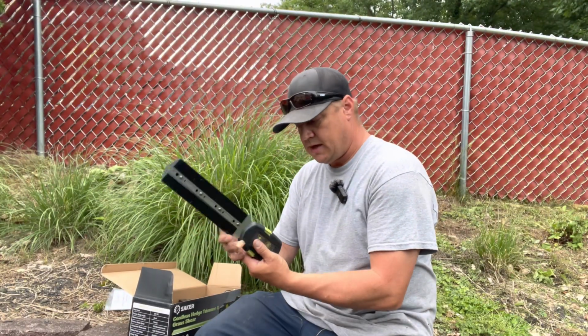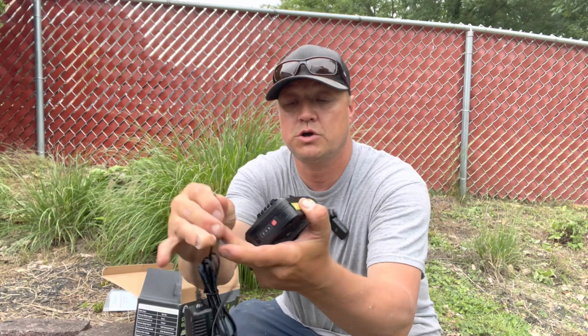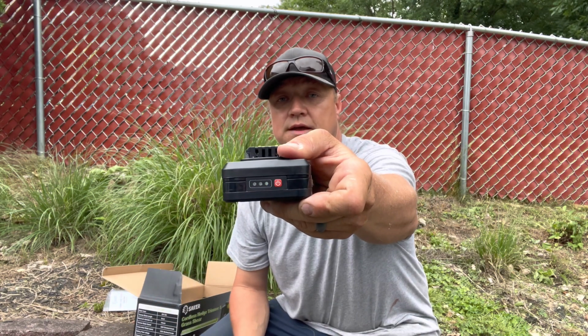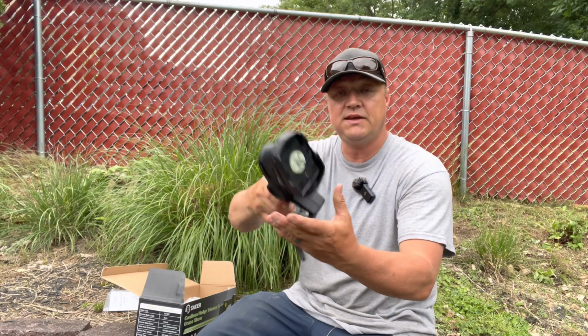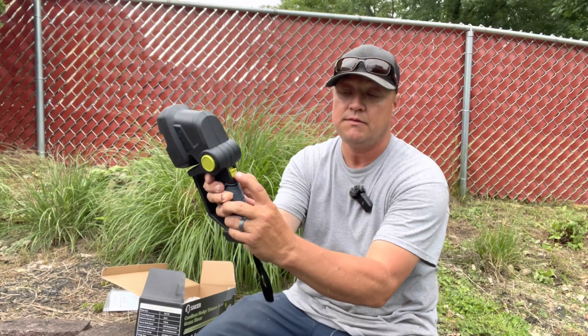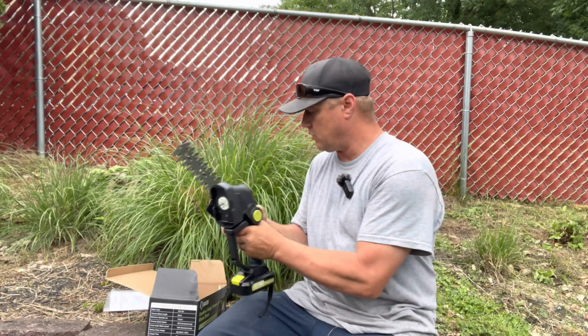And I would like to thank Max. You have your hedge trimmer attachment here with a hole. The charger goes in, and you press it to see how far you're charged, and we are fully charged for this. This also has a 15-degree adjustment, and a button where you push forward and then press the button. And the hedge trimmer on, so we take the cover off of the hedge trimmer